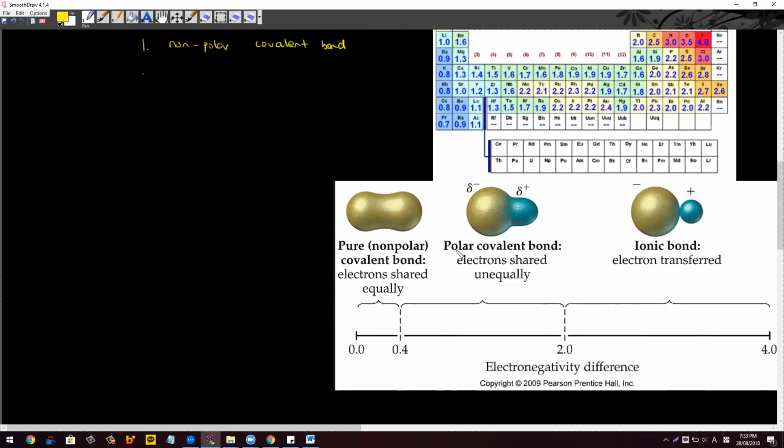Polar bonds, covalent bonds is when you share stuff. This is sharing, covalent bond. Ionic bond is completely donating an electron from one atom to another. That was ionic bonding. And I said the covalent bond occurs between nonmetals. So up to here, this happens between nonmetals. And ionic bonding happens between what? Between nonmetal